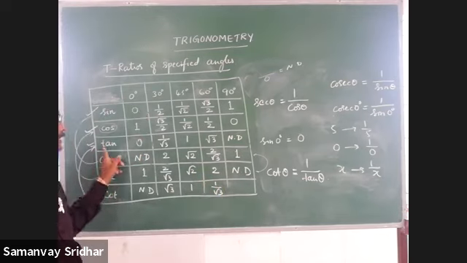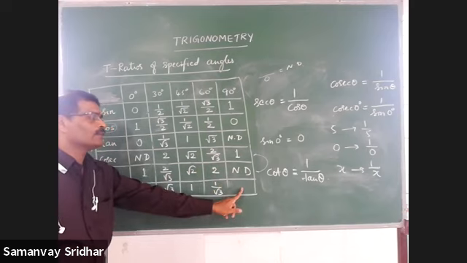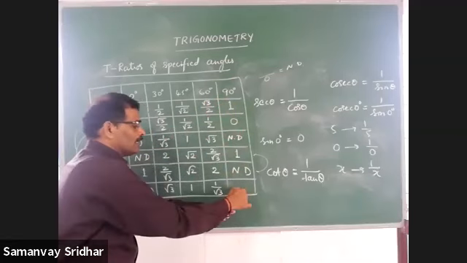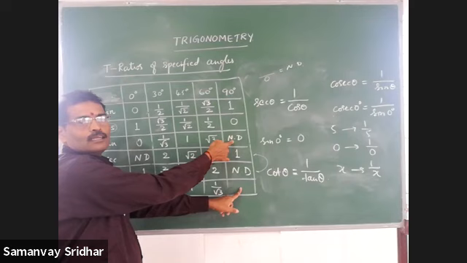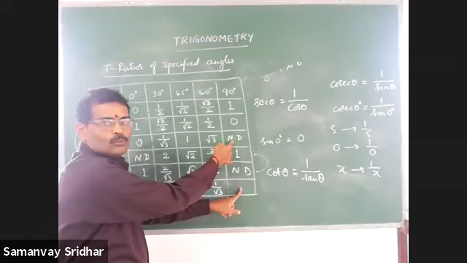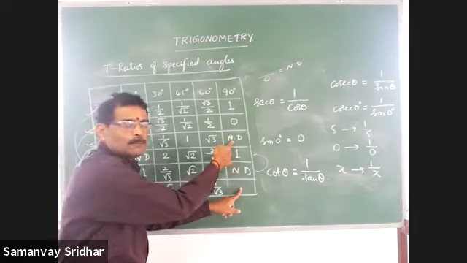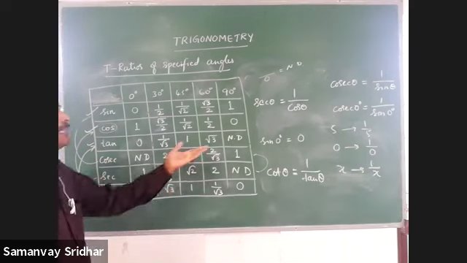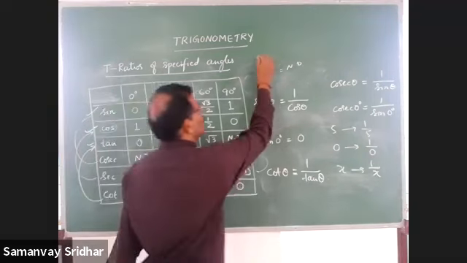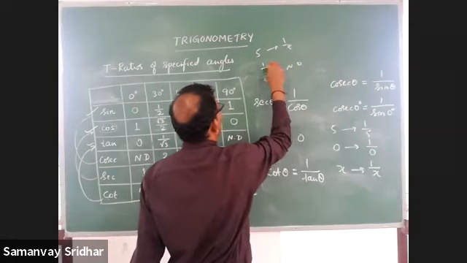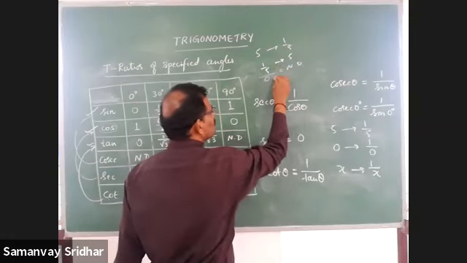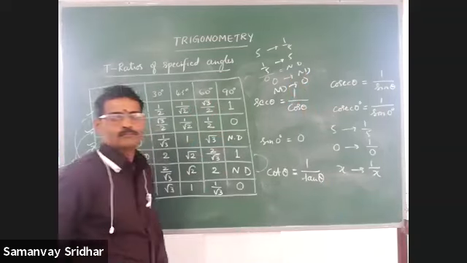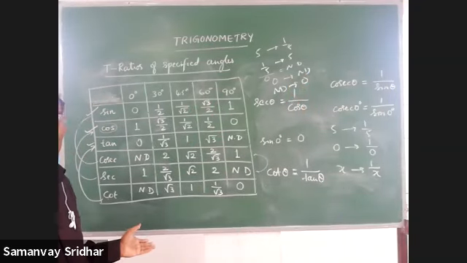Then, you have to go for the cot 90. Cot 90 is the reciprocal of tan 90. In tan 90, what do you have? Not defined. But the reciprocal of not defined is 0. Because he told that the reciprocal of 0 is not defined, then no doubt the reciprocal of not defined is 0. Because the reciprocal of 5 is 1 by 5. Similarly, the reciprocal of 1 by 5 is 5. Similarly, the reciprocal of 0 is not defined. Then the reciprocal of not defined is 0. Got it?